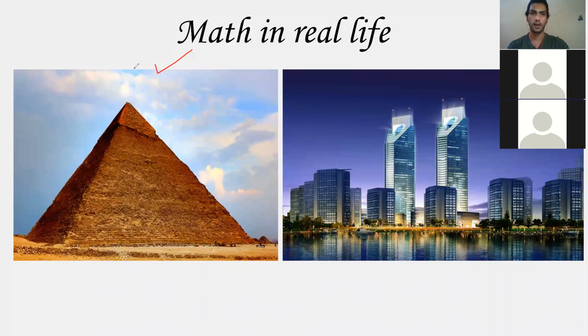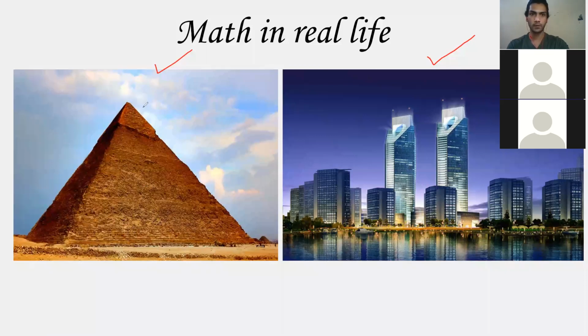On the right hand side, we have two structures. These are not real buildings, these are imaginary buildings, like a graphical interface of a building made by an architect. But both of these structures have certain differences. They don't look similar, and the reason behind this is a pyramid. It's in the name, a pyramid. Yes, Sujal, they are twin towers.